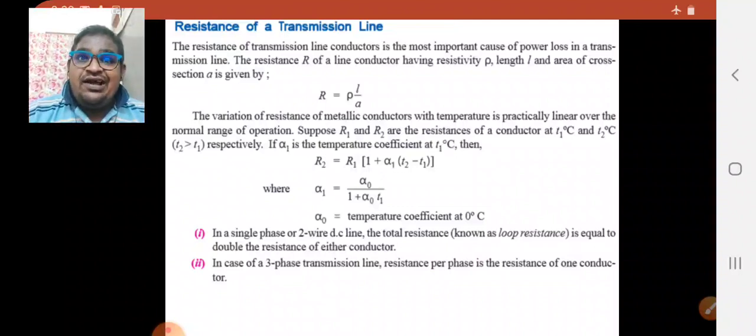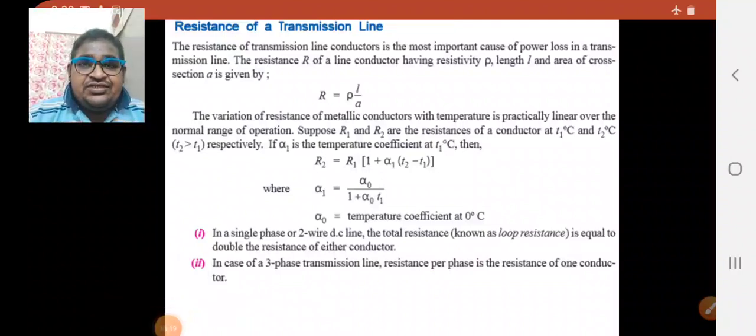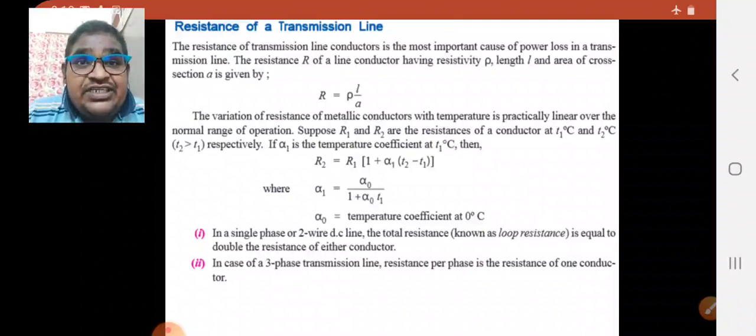We must use the alloy, because the alloy is a zero temperature coefficient material. So in such a case, we prefer the alloy only. Which type of material is used for the fuse? Lead tin mixture. Lead tin alloy you will use. We should not use the copper, because the copper is a positive temperature coefficient material.